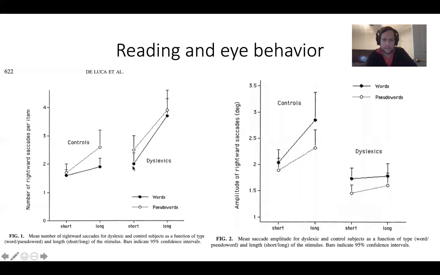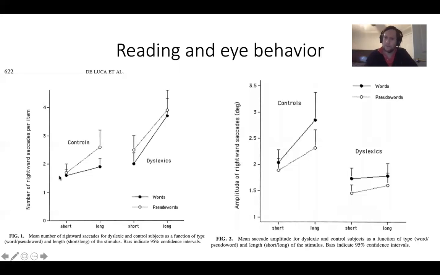But if you look at the difference here, individuals with dyslexia are making a whole bunch of forward saccades when they're reading these long words. They make a good amount when reading short words as well, but they particularly have problems, doing more rightward saccades for these long words, which makes sense. Once again, they're breaking the word down into a letter by letter analysis. And long words have a whole bunch of letters,